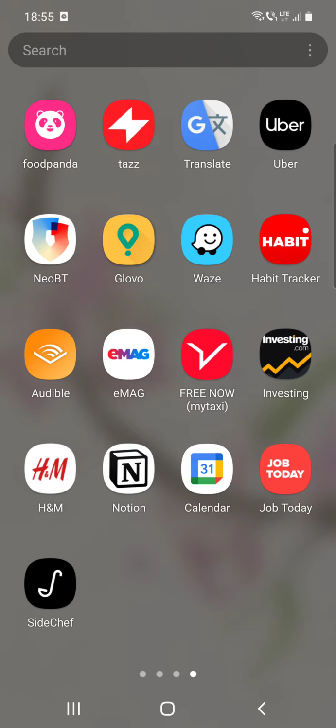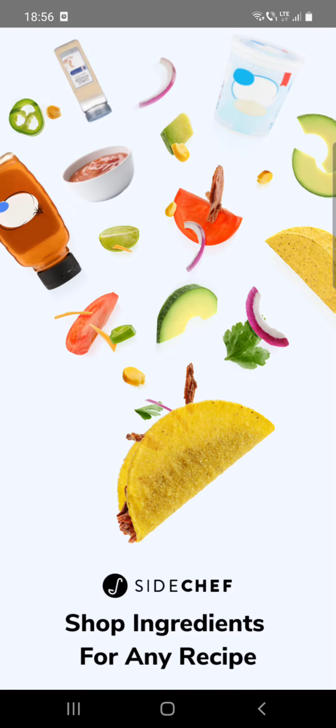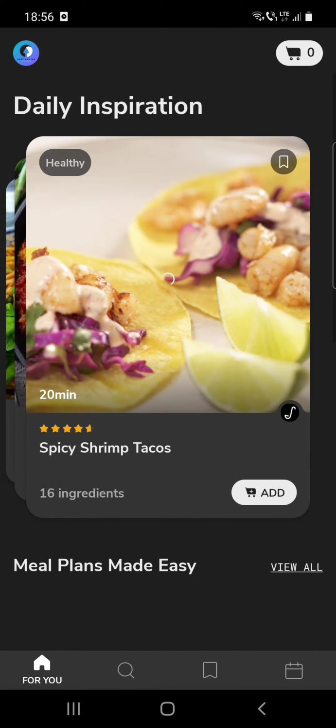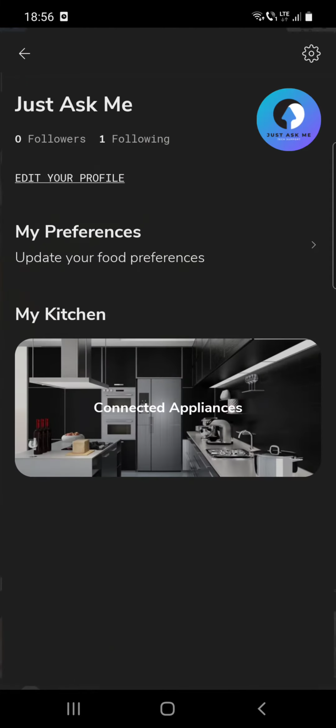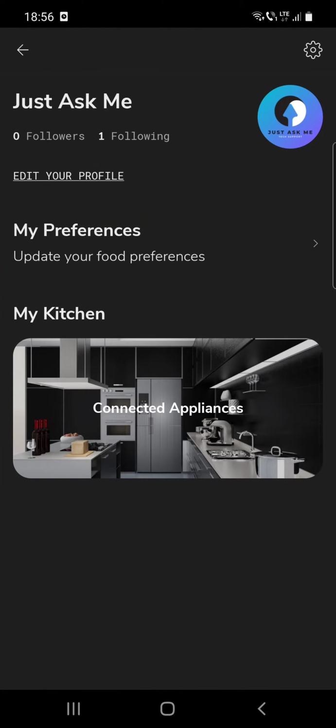So if you want to change your preferences because, I don't know, you are on a new diet, or you found out that you are allergic to something and you want to see only recipes that correspond to your preferences, then you can do that if you go to your profile, click on that at the top of the screen, and then you can see the my preferences option, update your food preferences. Click on that,